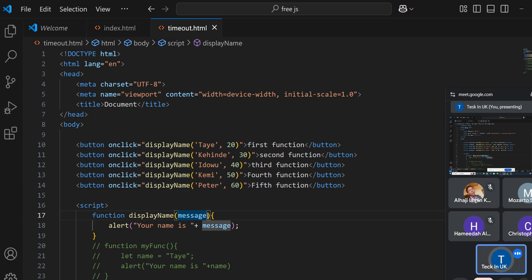So I can increase it and put another parameter. This one can be age. So when I click on this first one now, the tag will be sent as a value of message, and 20 will be sent as a value of age. When I click on the second one,